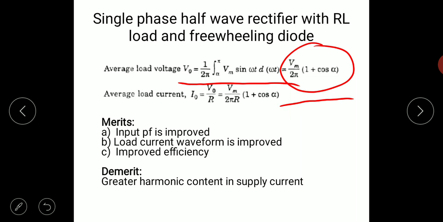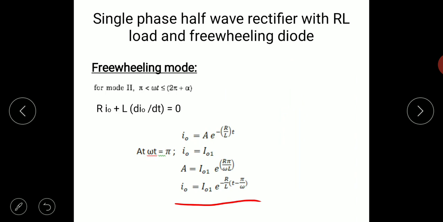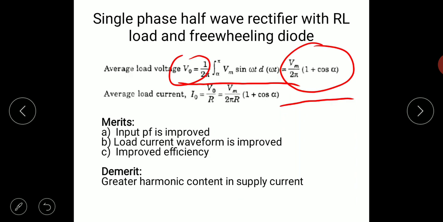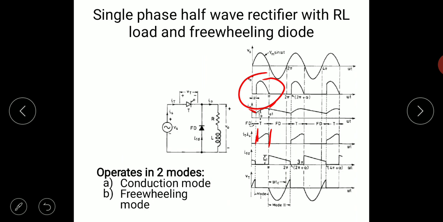And once we got the load voltage, we just divide it by, with what we have to divide, with impedance or resistance. We know that the change in current is 0. If you observe overall, the initial current in a cycle and the final current in a cycle, this current and this current, are the same.